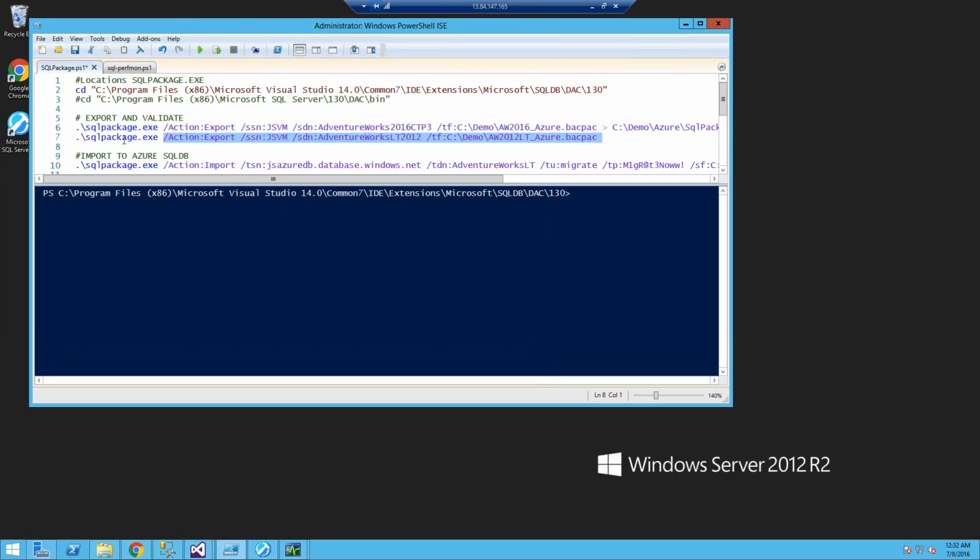We could use it to export or import, and as part of the exporting, it's going to validate the schema for you. And if it detects issues, it's going to stop you there and not allow you to move forward. So in this case, if I can grab my mouse,